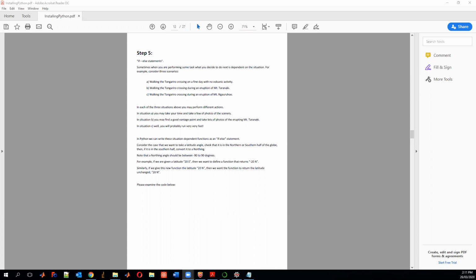Basically, it's a programming statement you can use which is situation dependent. Sometimes you'll have a choice of what to do in a given situation, and the decision you want to make will depend on what else is going on. For example, if it's the early morning and it's a really hot day, I might have a cold orange juice to cool me down. Or if it's early morning and it's a really cold day, I might have a hot chocolate to warm me up. Or if it's late evening and it's still really hot, I might have something other than orange juice to